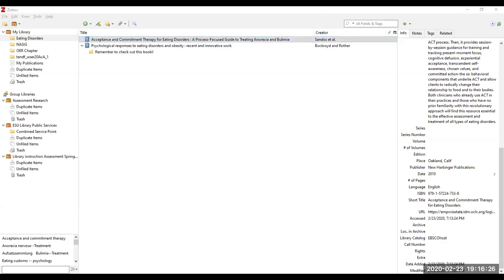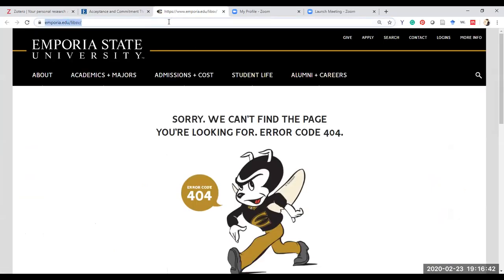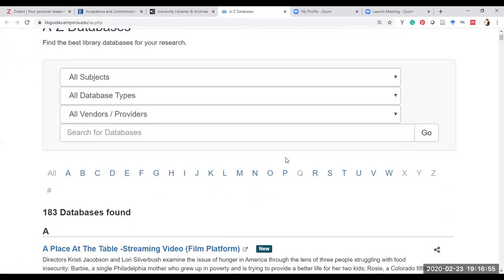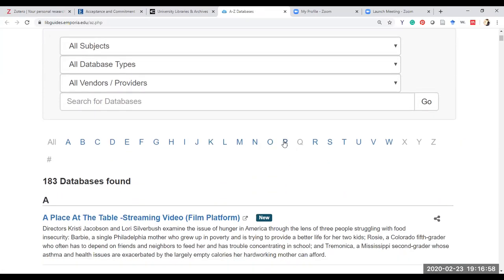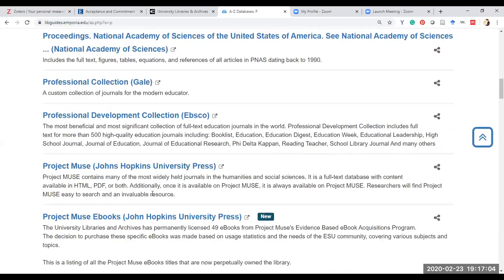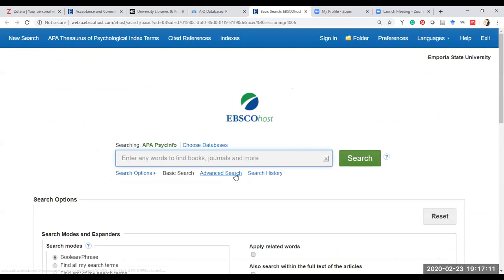So real quickly, I want to go back over here. And I'm going to go back to the library's homepage. That link just decided not to work, so we're just going to go back over here. And really quickly, I want to show you how I could download articles. I'm going to go to Databases. And again, I'm still working with my search of eating disorders. So if I went into a psychology database, and we have a lot of different databases for different subjects, but if I went into a psychology database such as PsycInfo, I could go to an advanced search,